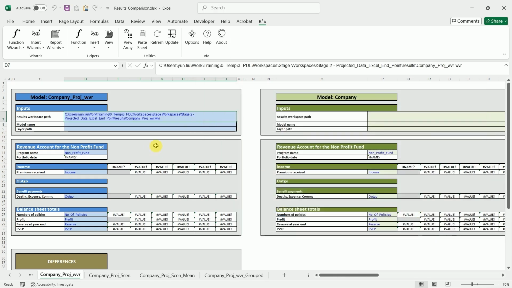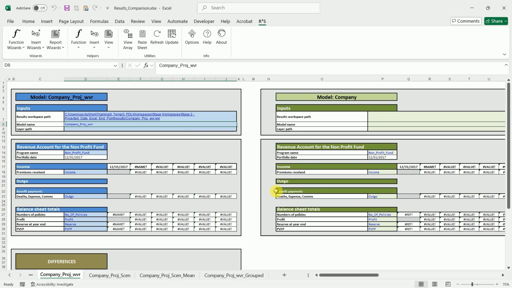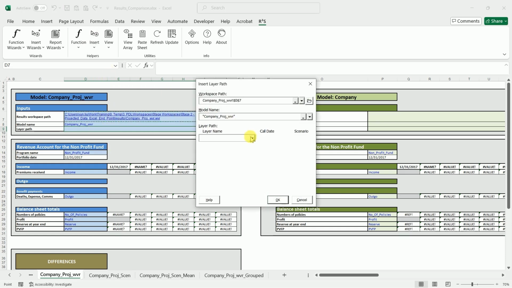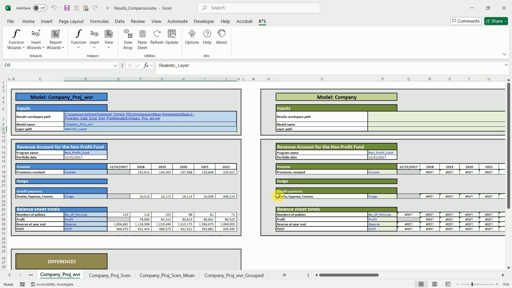Next is the model name. Go to the R3S ribbon and select Model Name and enter the following. For the layer path, enter the following. Next is the company model.